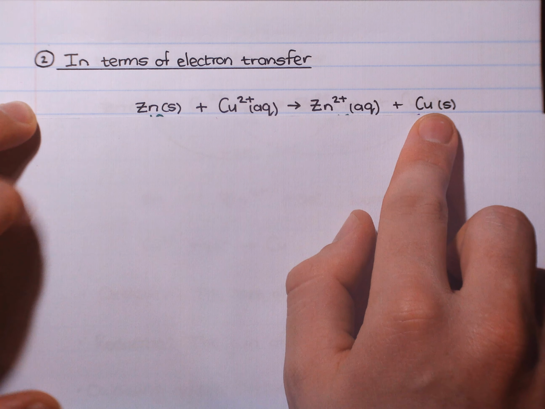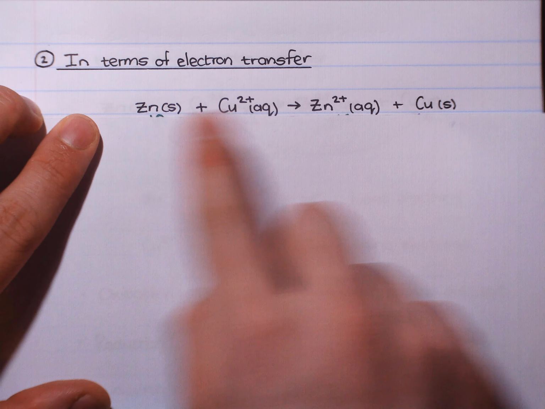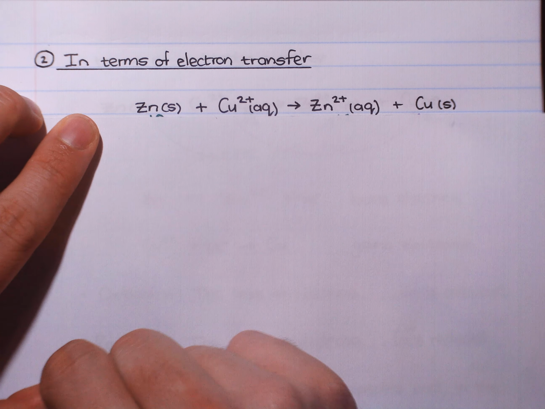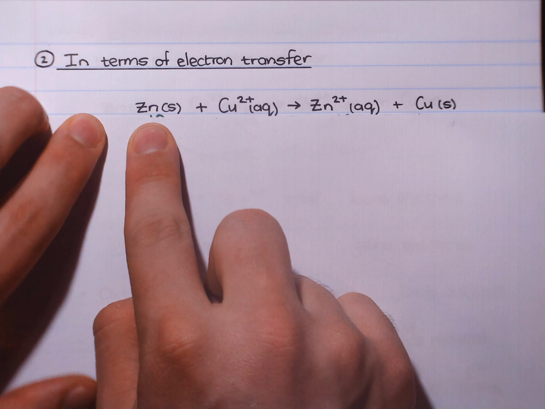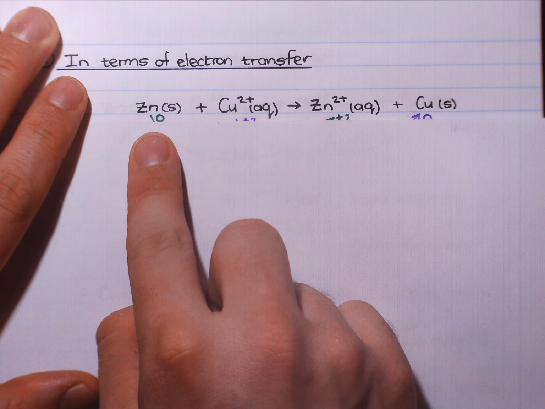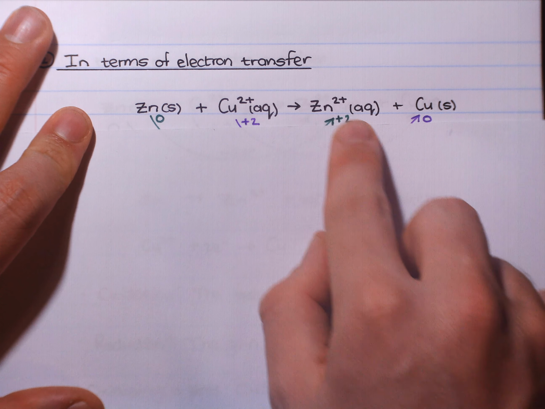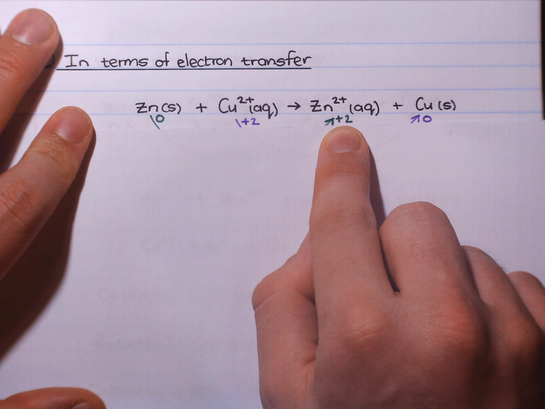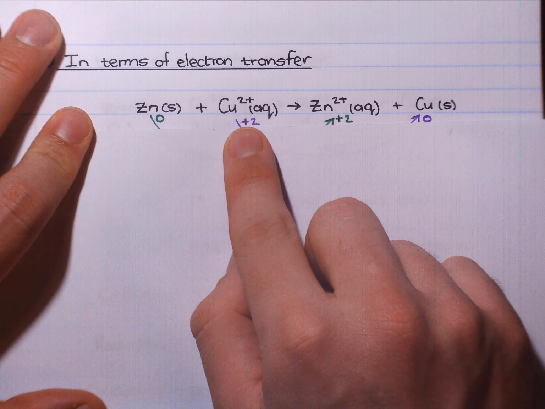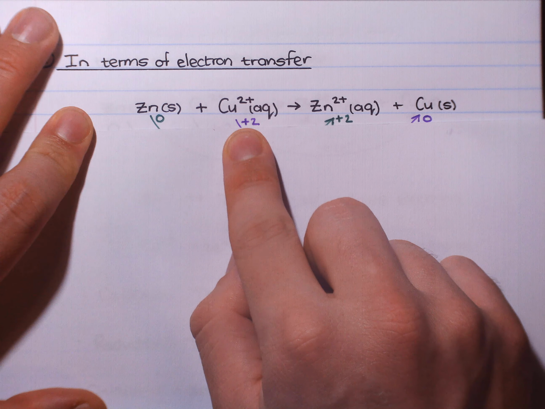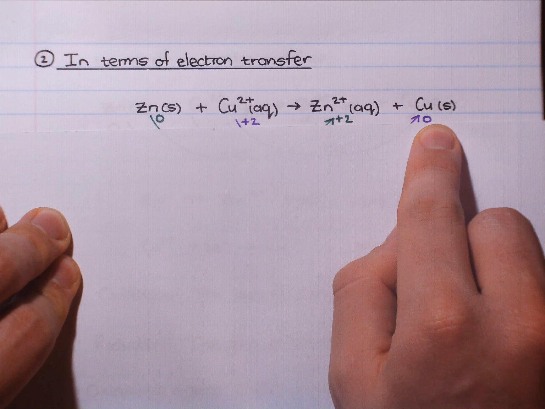Now, in this reaction, if we observe the change of charge of the species involved, here zinc is in its elemental form, therefore its charge is 0. On the other side, its charge becomes +2, whilst copper is +2 here